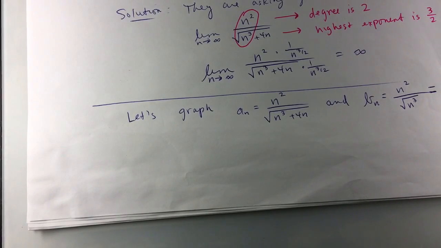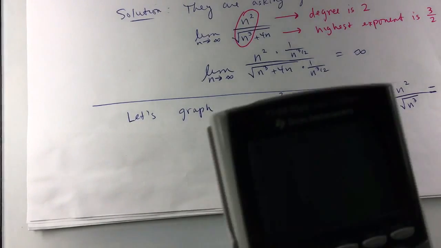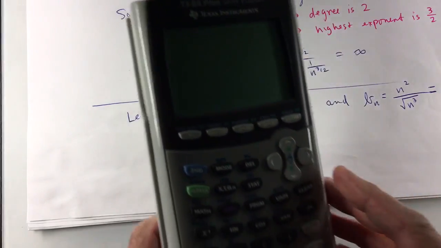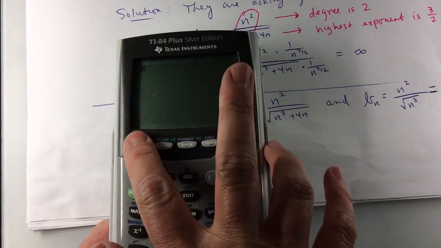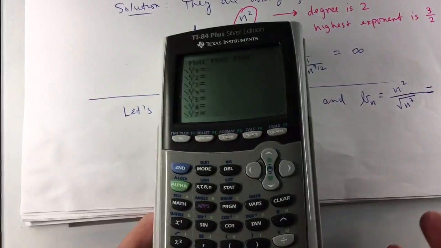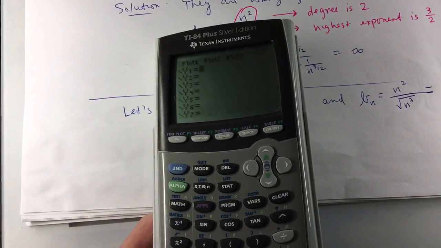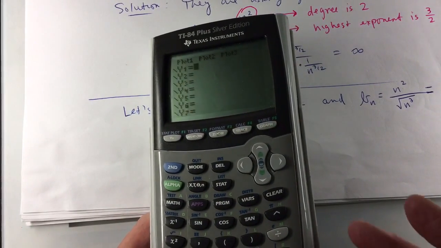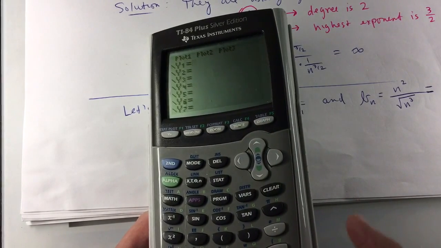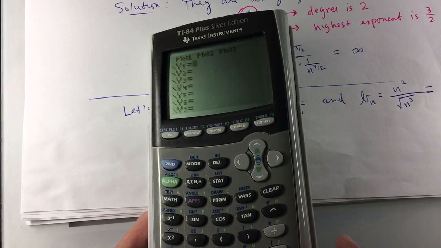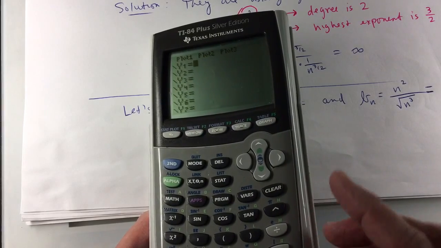So in the calculator, if you go to y equals, there's my functions. You could do this as a function, but you also can put your calculator in the mode for sequences. So